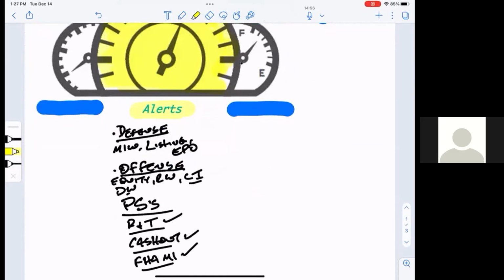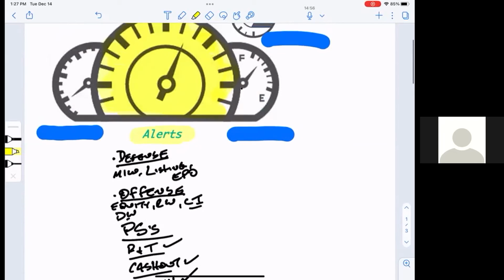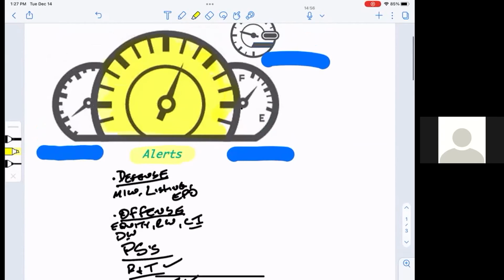This could change when you first start. You might only start with one or two or three. It doesn't mean that you might have everything and that you'll keep everything, but the bottom line is that you want to have somebody to help you out with this, right? So let's move on to the next dial, right? This next gauge that we're going to look at. And the next one that we're going to talk about